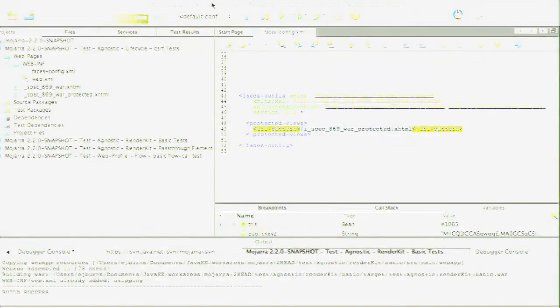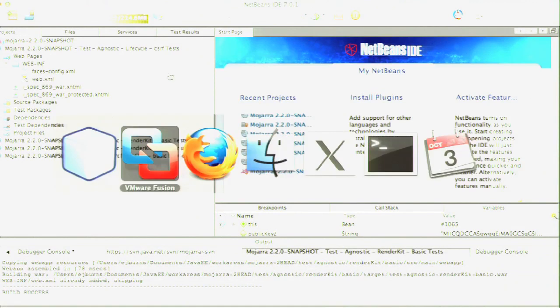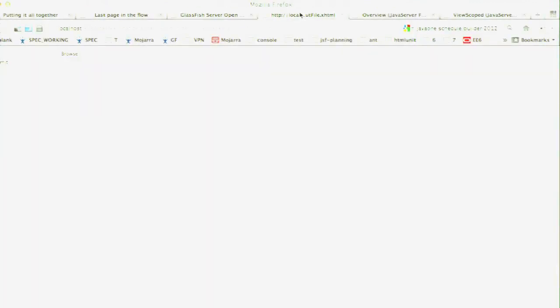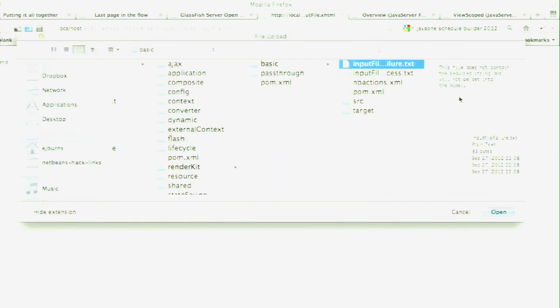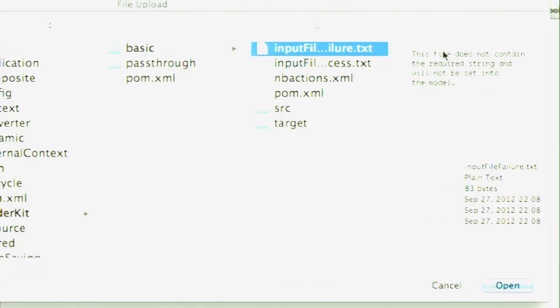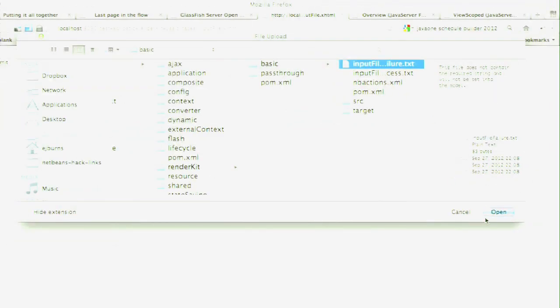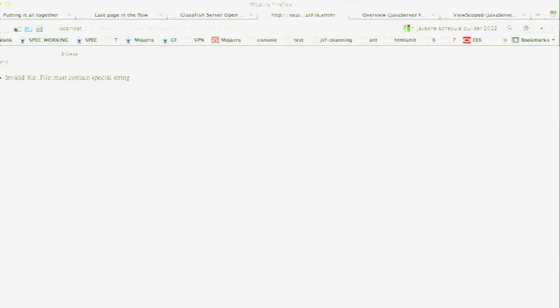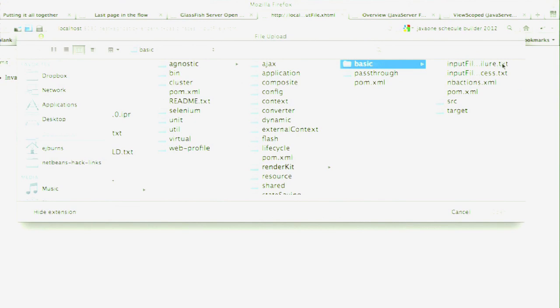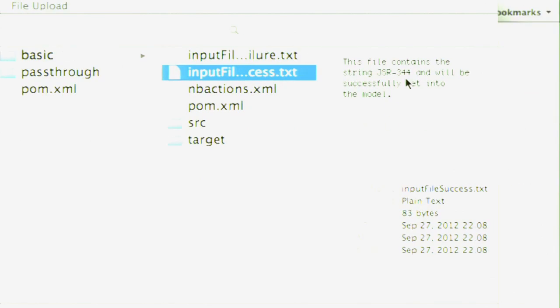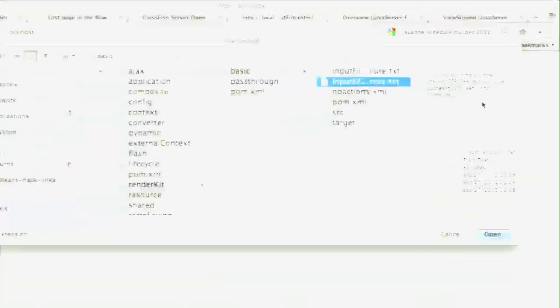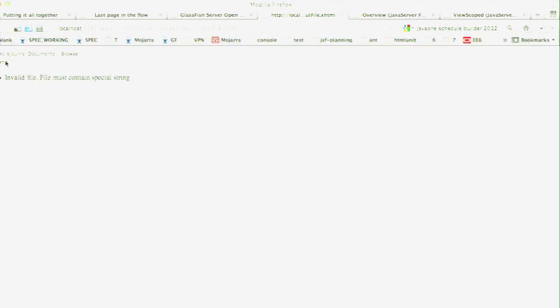Okay. Here we are in the browser. And I happen to have two prepared files. This one will fail. You probably can't see that, but I'll zoom in. This is the text of the file. This file does not contain the required string and will not be set into the model. Okay, let's open that and submit it, and it will give us a validation failure. And this one does, if we look in here, this file contains the string JSR 344 and will be successfully set into the model. So if we select that and submit it,